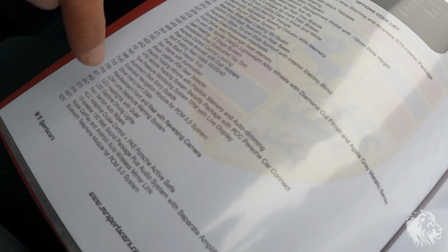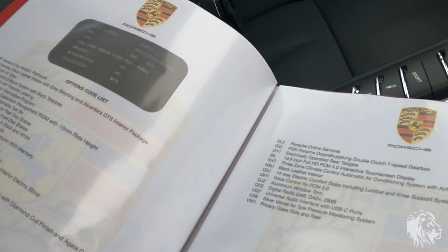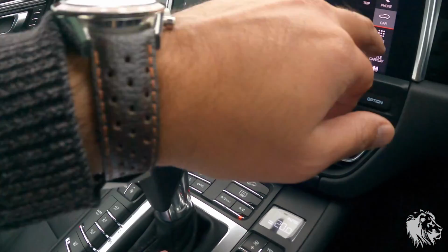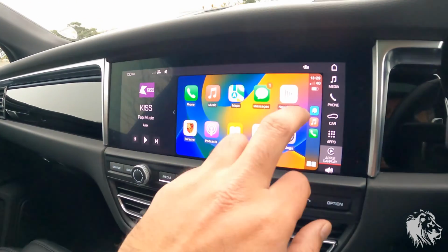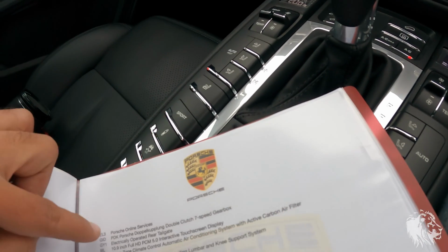the tracker package, the folding mirrors, aluminium door entry guards, park assistance front and rear with reversing camera, lane departure warning system, LED headlights with the quad daylight running lights, the rain sensor for auto wipers, 10 speaker 150 watt sound system, which sounds phenomenal, really good system, Apple CarPlay, Bluetooth for phone connectivity as well, but as I said, it has that wireless CarPlay, which is just so easy to use, full touchscreen system as well, Porsche online services,